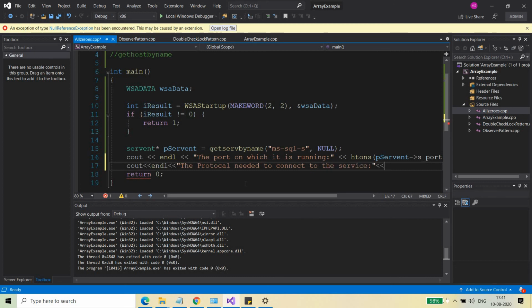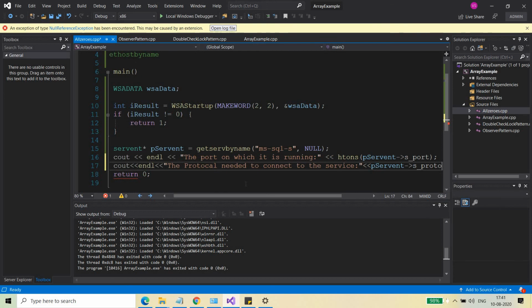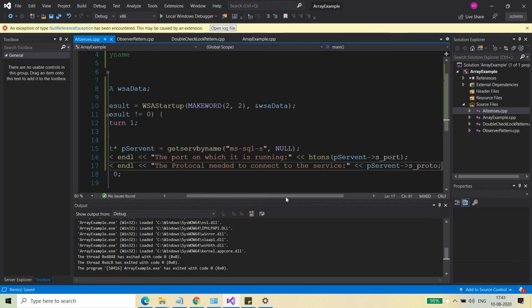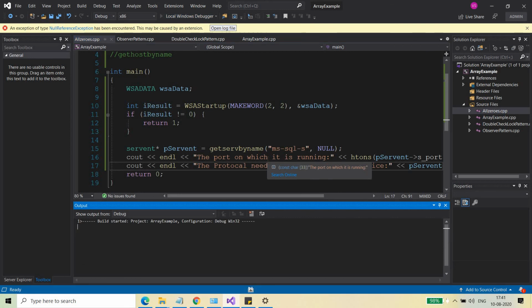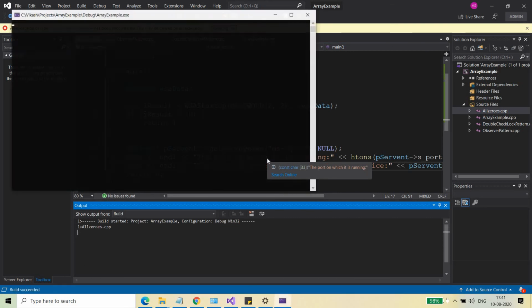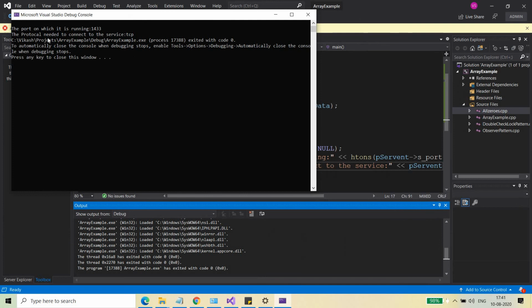What will that be? That will be p_serv->s_proto. Okay, so let's see what it returns. Okay, so the protocol needed to connect to the service is TCP.